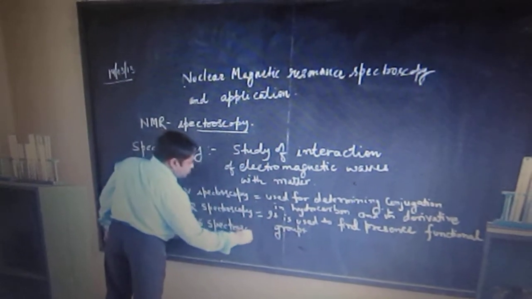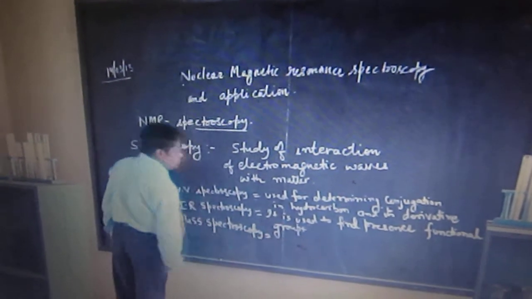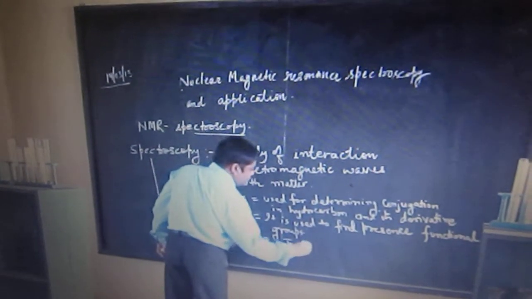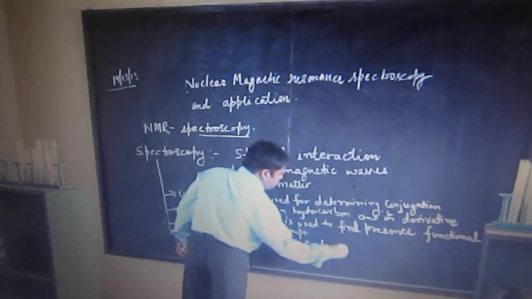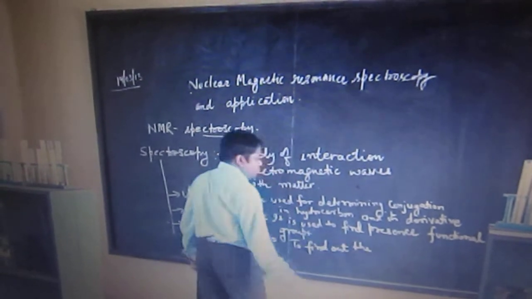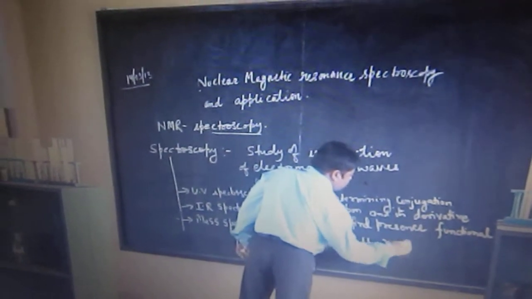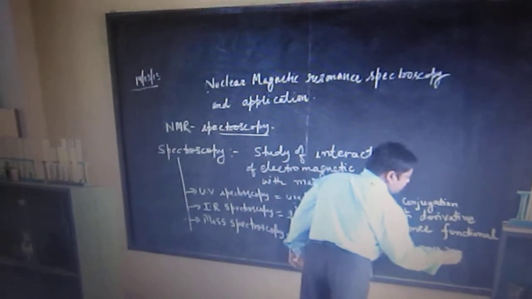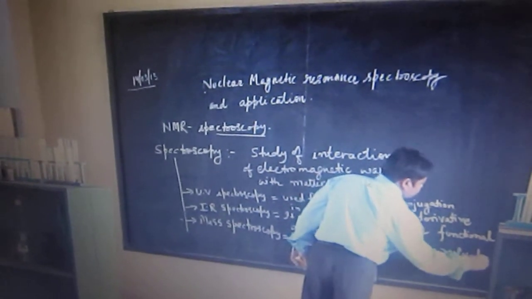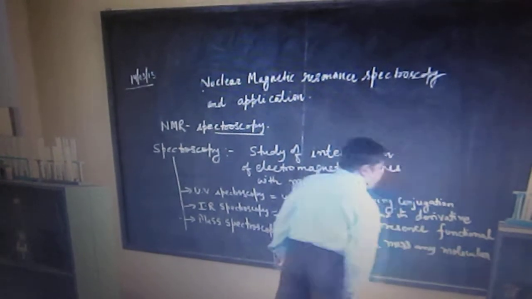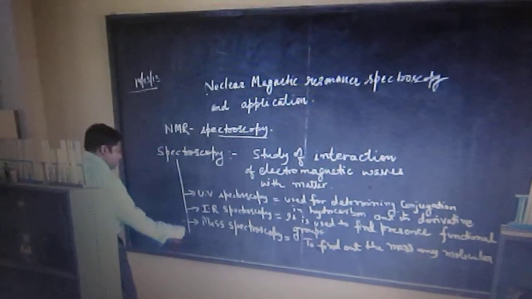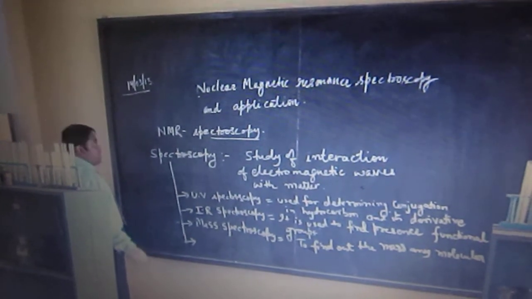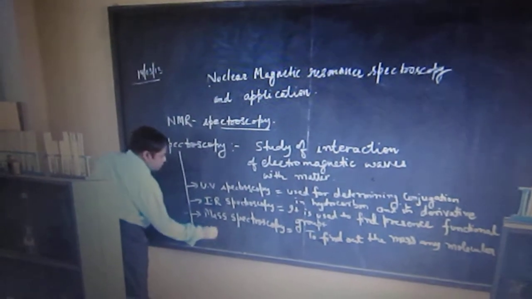Another one is mass spectrometry, in which a molecule is ionized and its mass is determined with the help of a detector, and with the help of elemental percentage analysis and empirical formula determination, we find out the molecular formula of any compound. Further, the arrangement of the atoms and the environment of the nuclei is elucidated with the help of NMR spectroscopy.